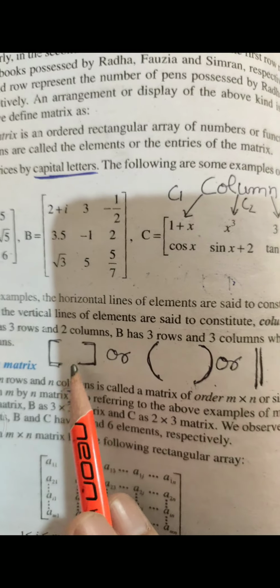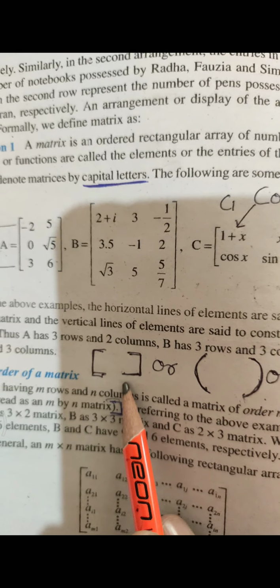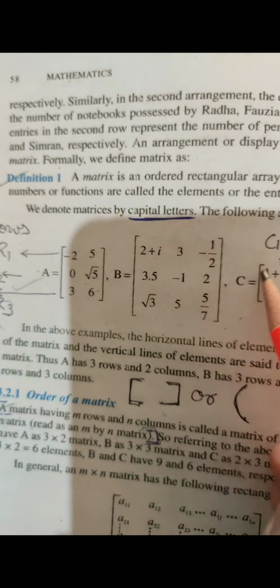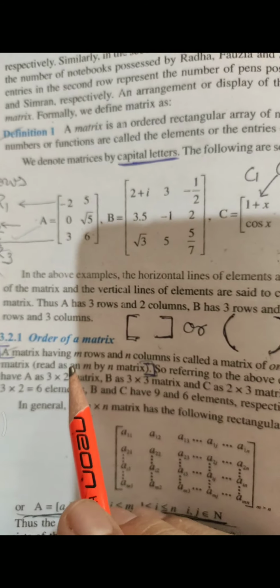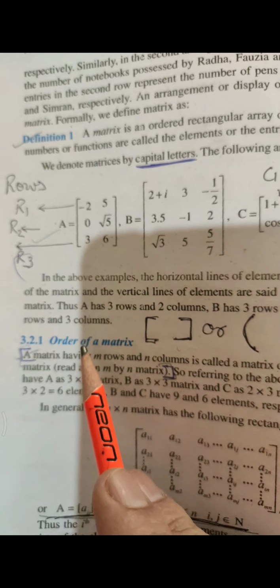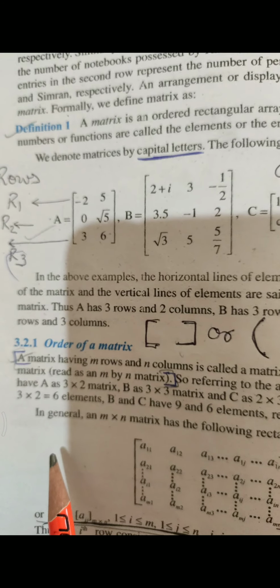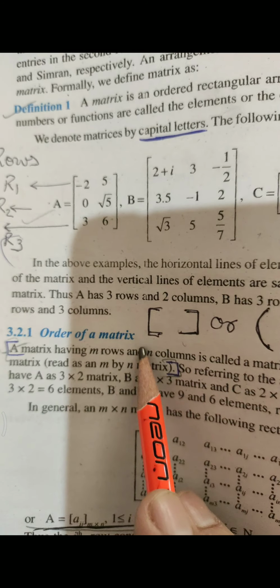These all three are the ways to represent a matrix. Now what is the utility of these rows and columns? One is that arrangement. One more concept: when we have to find out the total number of elements, if we know the rows and columns, we can easily find the total number of elements. So we define this with the word order of a matrix.